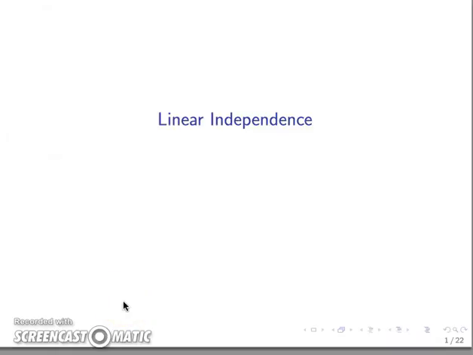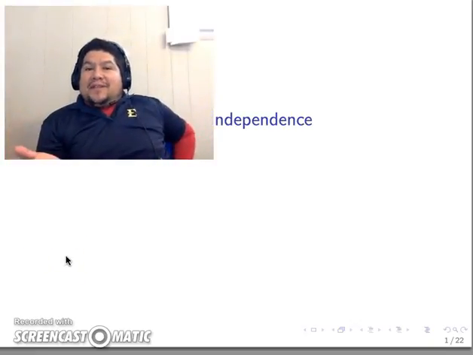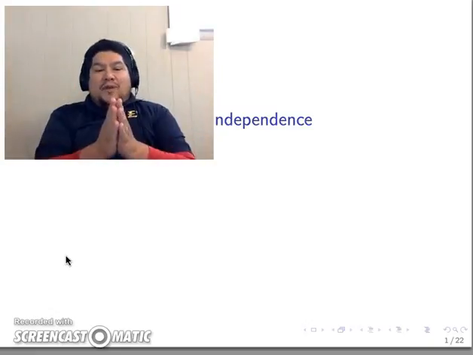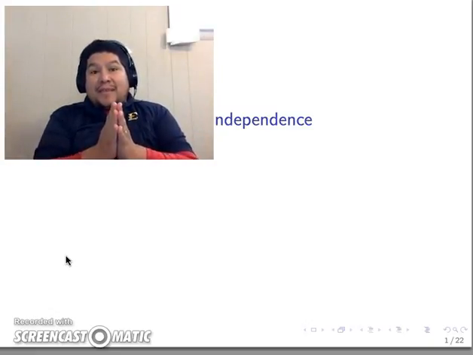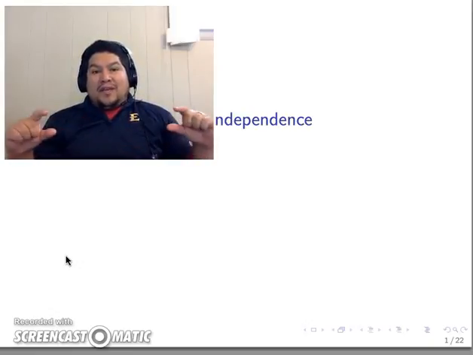Hello there. This lecture is called Linear Independence. And the definition of linear independence will be quite useful throughout the study of linear algebra. It will provide a sense of two things. Once we have at hand a definition of independence, this definition will be based on what we have defined as